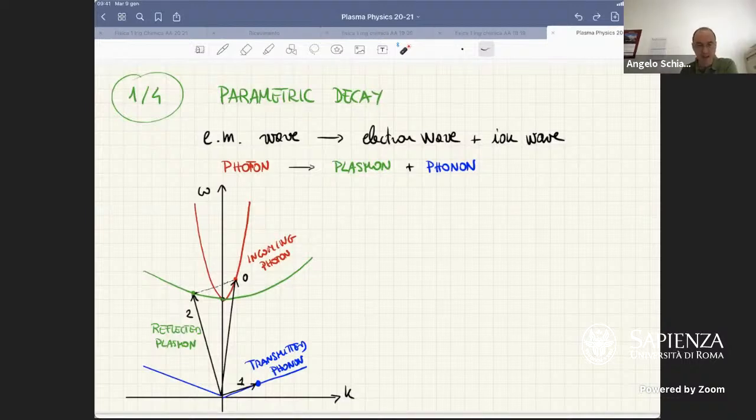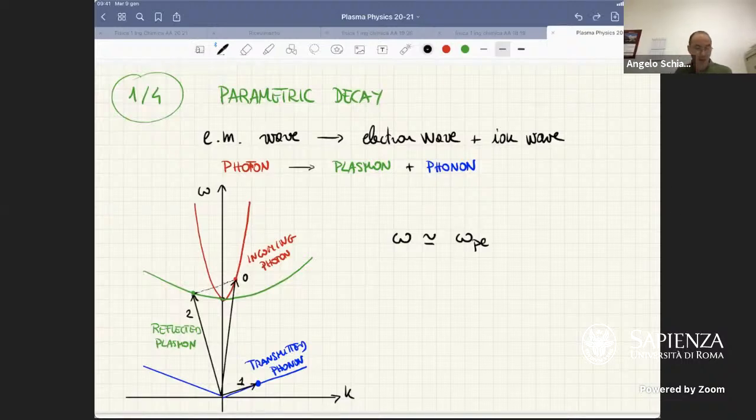Okay, so you see that since this has a very little change in frequency, all these processes are occurring around the plasma frequency. We cannot have a very large frequency of the wave. Only when the wave is approaching the plasma frequency can we couple these three waves into this parametric decay. So it means that we have to require that the angular frequency of the wave has to be close to the plasma frequency of